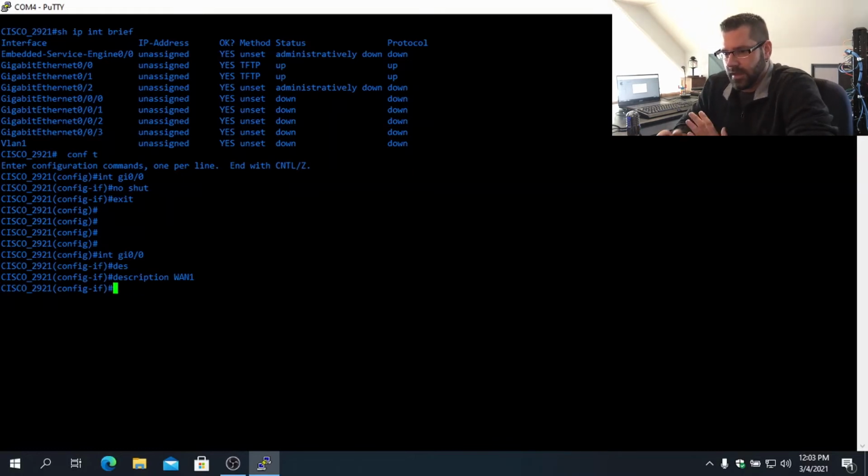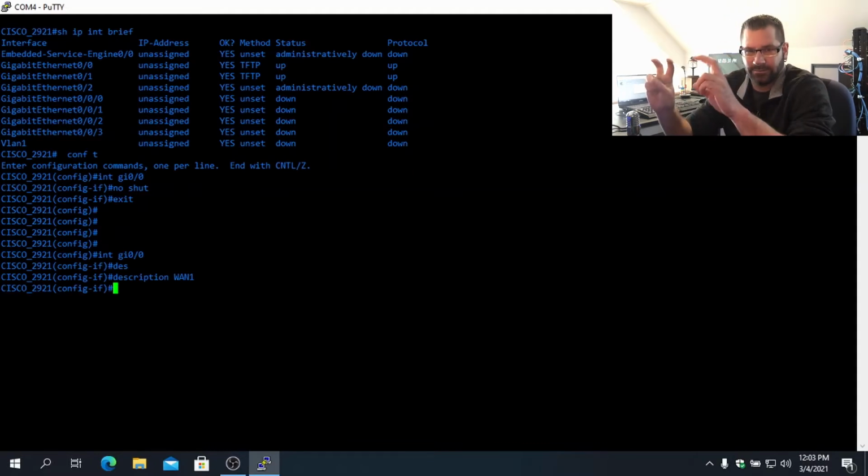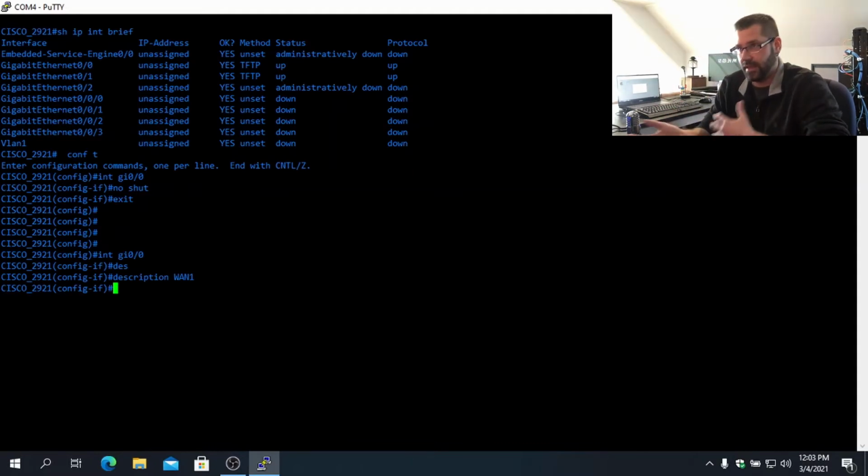Since I'm kind of faking the scenario by plugging each of these interfaces into two different VLANs on my LAN core switch to simulate two different providers, we are going to, sorry, I'm losing my train of thought here for a second. Yeah, so anyways, gig 0/0 being the primary,